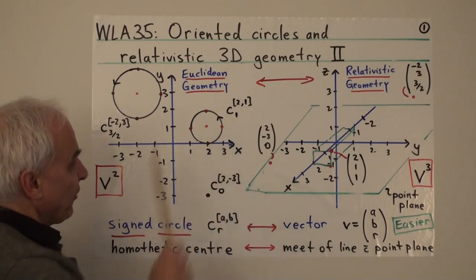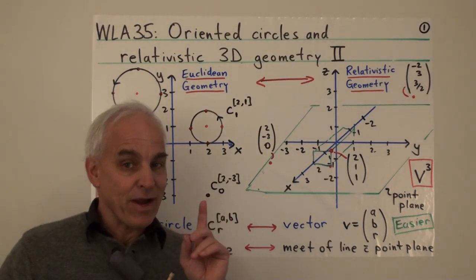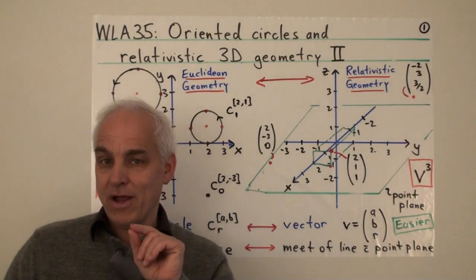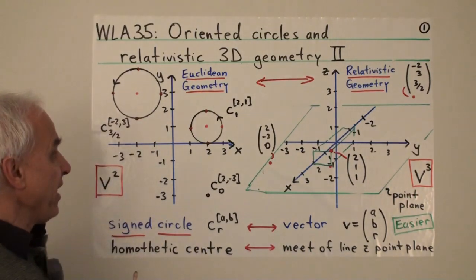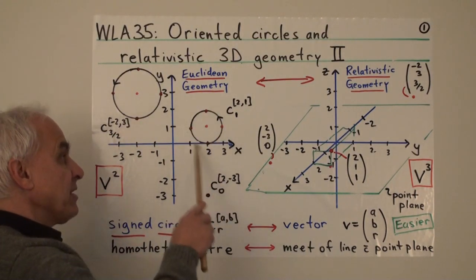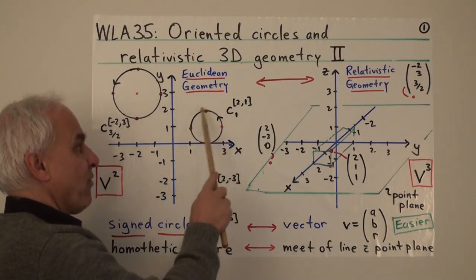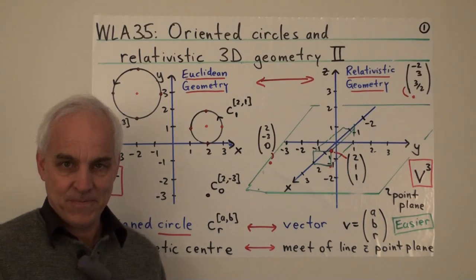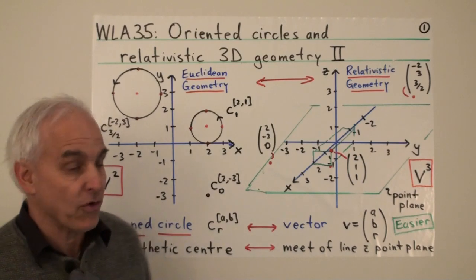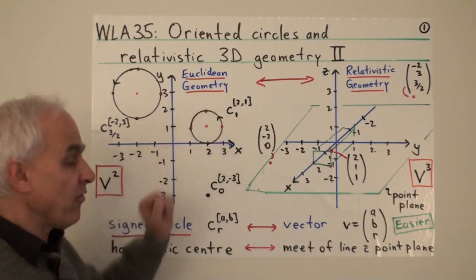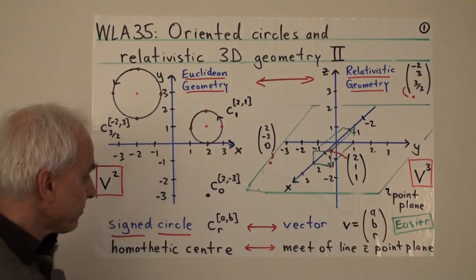And what is the significance of the signed aspect? It's that we are allowing not just positive radii, but also negative radii as well. And so if one of these circles has a negative radius, we interpret that as meaning that instead of having the positive orientation in this direction, we're thinking about the circle as having a negative orientation in this way. So the sign of the radius is determining our orientation on the circle, with counterclockwise being the positive direction and clockwise being the negative direction.